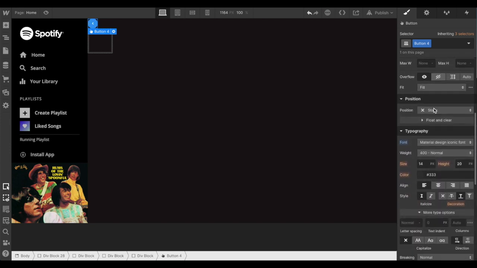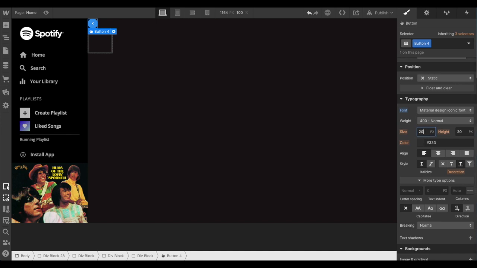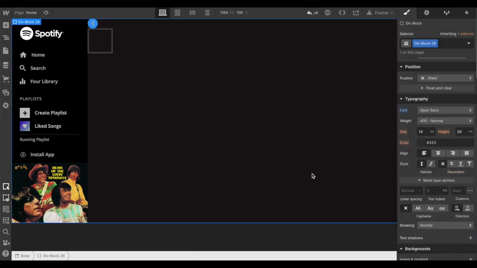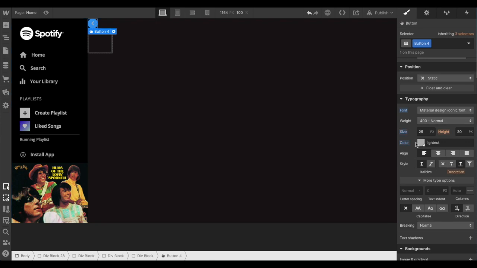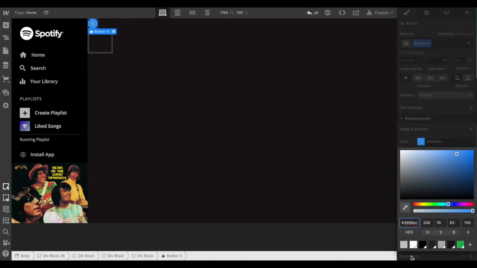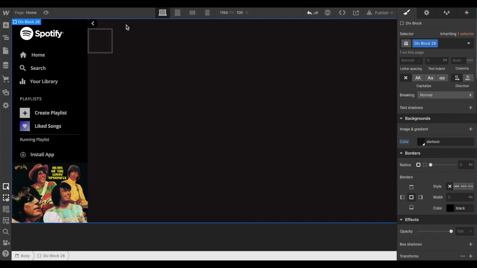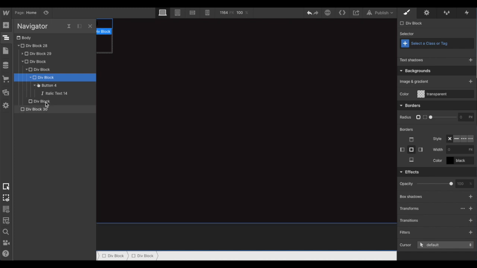All right. We can change the font. Let's try 20 pixels. 25. I think that looks good. And we'll change the color of our font to our lightest shade. Then the background, instead of this blue, will be black. Okay, I think that looks good, but we need to adjust the padding. So we've got,